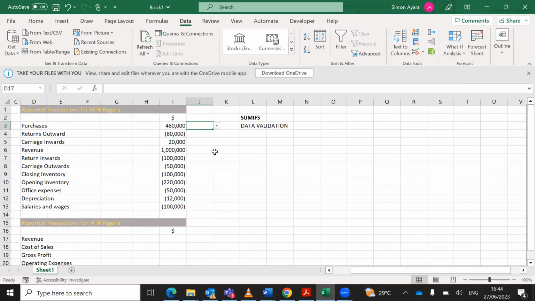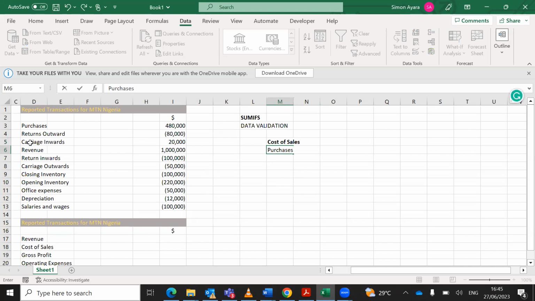Now, basically, before I perform this data validation for the rest of the items here, I want to do a small computation for cost of sales. As we all know, when computing the cost of sales, we look at the purchases. That's based on the items we have at this other side. Look at the purchases, which is